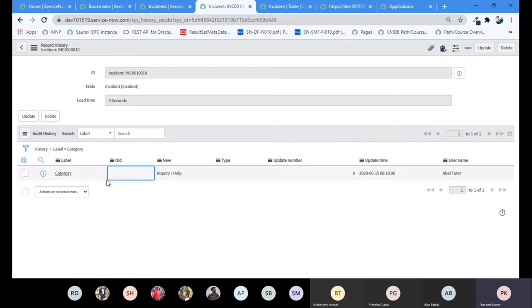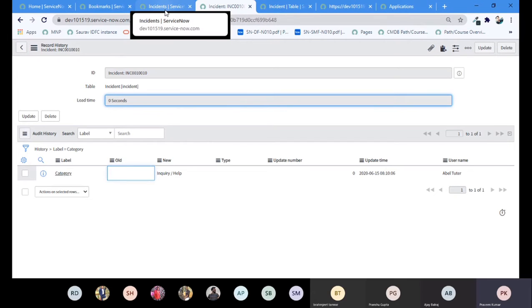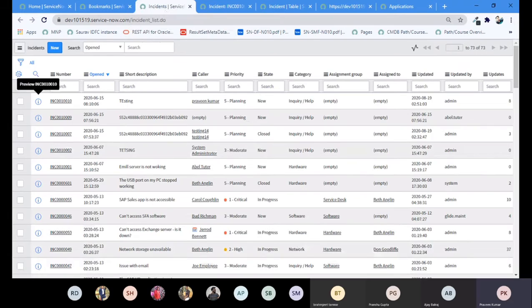So in this way records are created here in this audit history, right? And you can identify what the latest value was, or what the previous value was before this one, using the updated time, right? In this way you can identify what changes have happened on a particular ticket, what the previous values of those fields were and what the new values are. I think this answers your question, right?